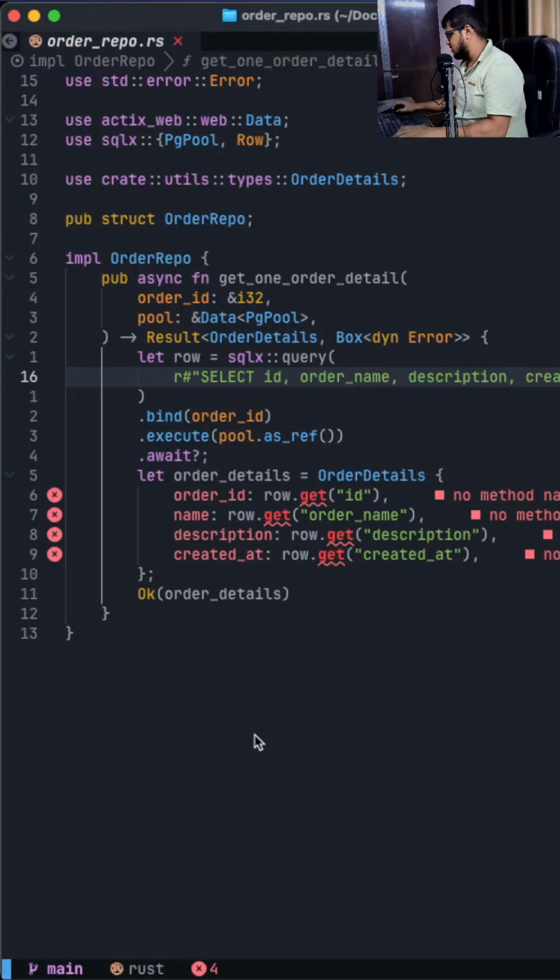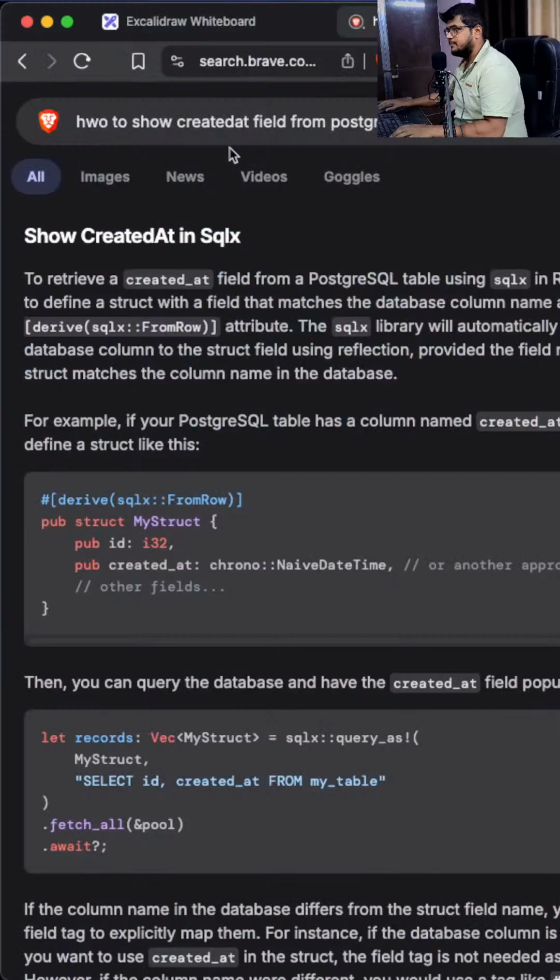Let's search for a query. I would be glad if I can get a query that can create the table and insert a few random records so that I can fetch. So maybe